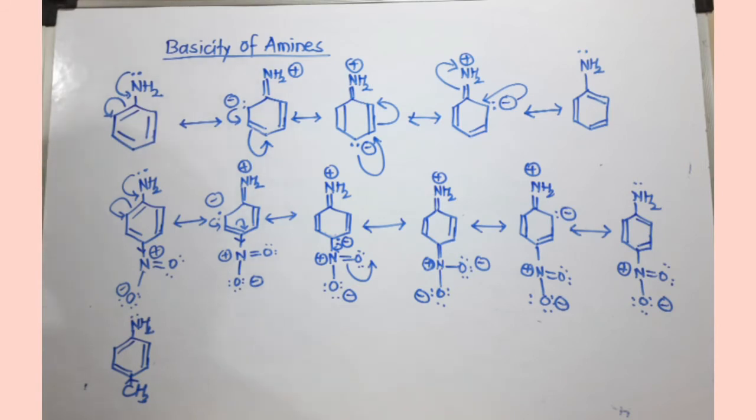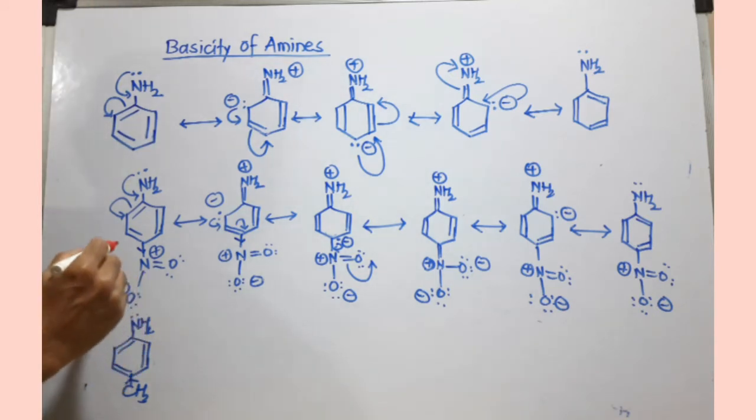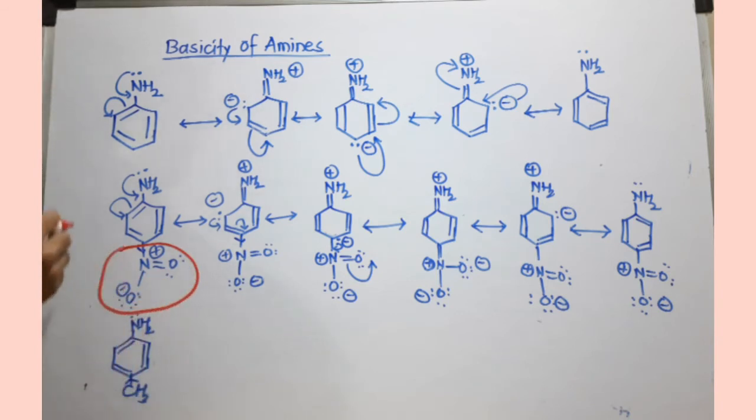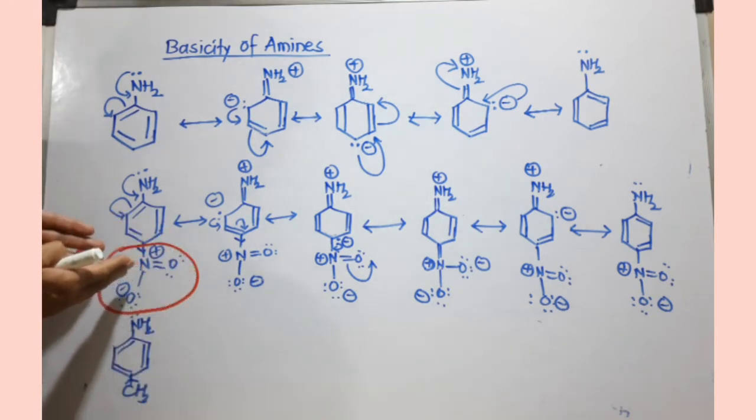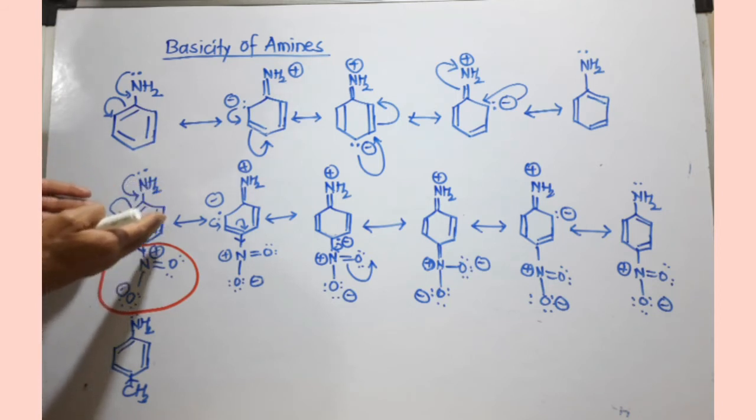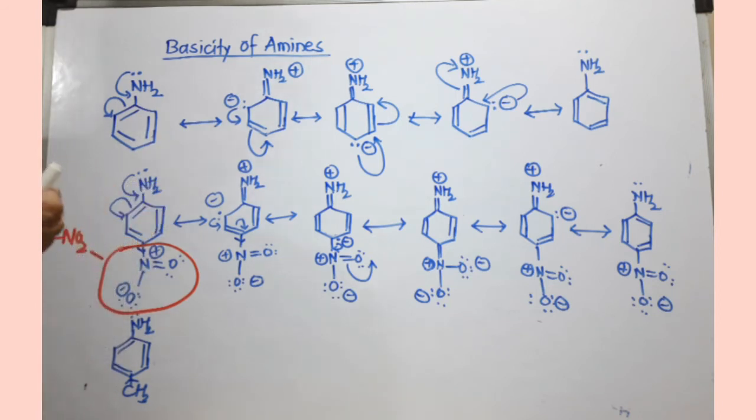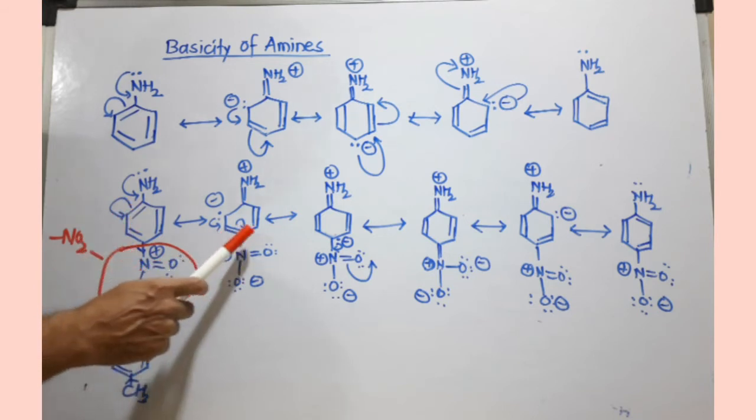Now, what if other substituents are present on the aromatic ring? I'll consider 2 substituents. One substituent is electron withdrawing, that means removing electron density, like nitro. Nitro is a very strong electron withdrawing group. It's the NO2 group, and its structure is like this. When the NO2 group is present on the aromatic ring, whether at ortho or para position, we get all these resonating structures. In fact, the resonance is extended outside the benzene ring because of this nitro group.